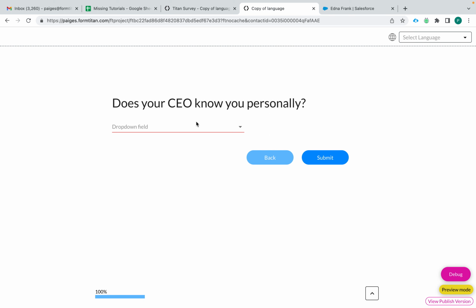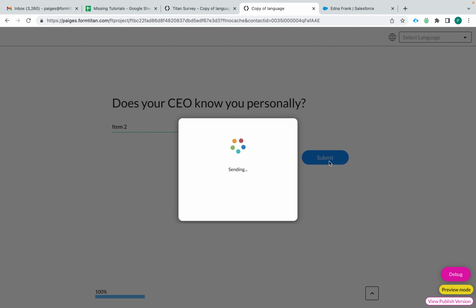And does your CEO know you personally? I forgot to map the answers on this. I'm sorry, y'all. But anyways, regardless, you got to learn how to set up conditions based on data in Salesforce,